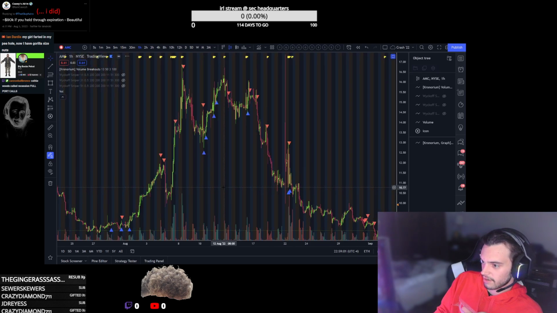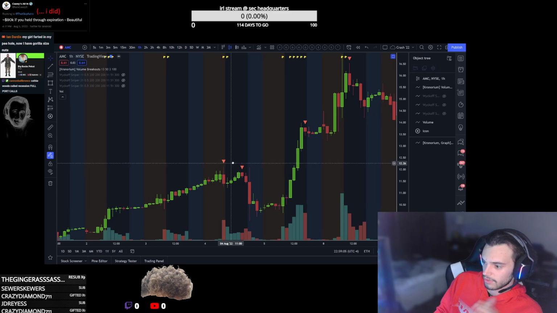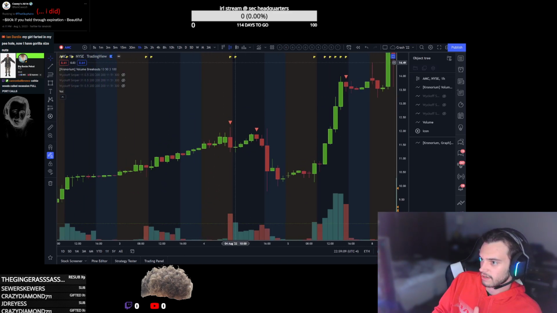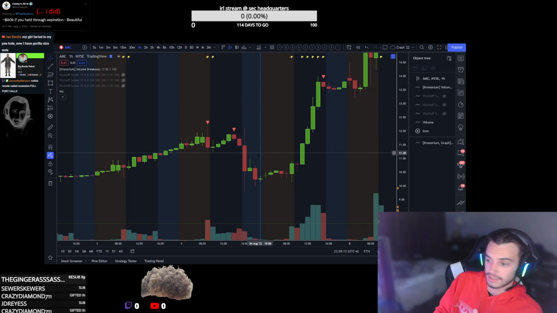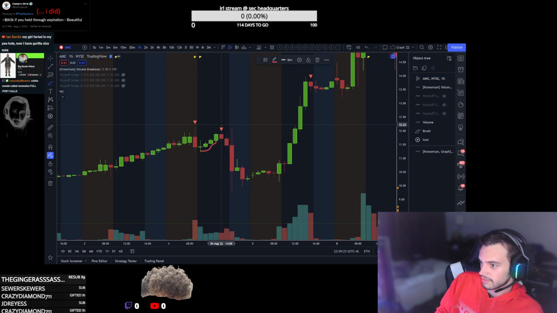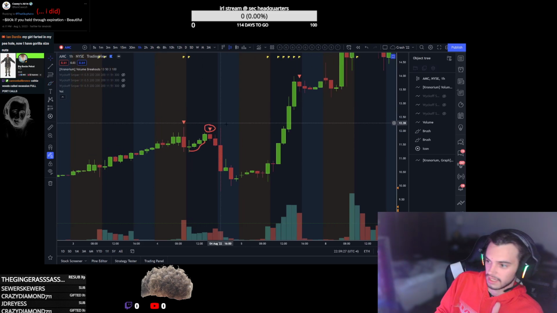So I'll switch to the 1 hour here. And you can see instances like this where going into opening bell, you had a bearish volume alert go out and an unusual volume alert go out, as you can see up here. And then you had this gradual engulfing going on in the bullish direction. But then another bearish volume alert. And then you dipped. I think this was earnings, actually.